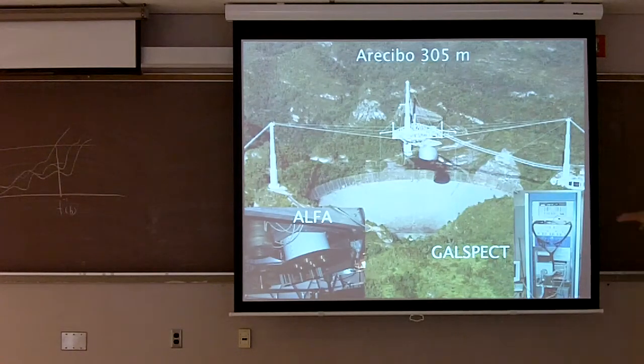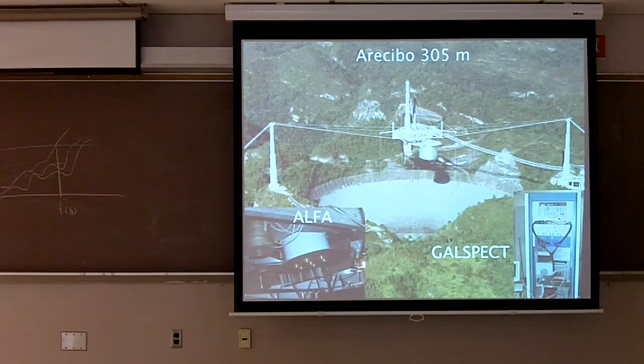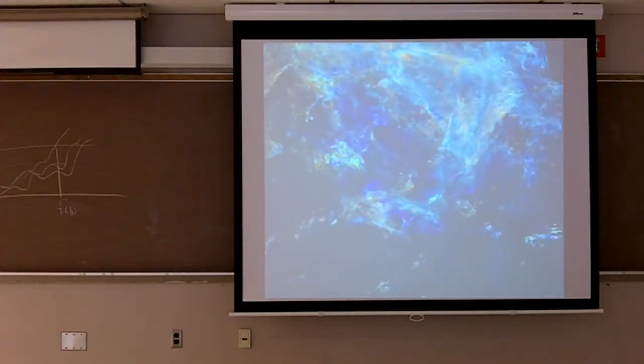And what we've added to this is our own custom-built spectrometer that can take 8,000 channels of data simultaneously for 2 polarizations over 7 beams. So this thing is able to scan the sky quite quickly and take an integration every second. What I'm going to show you is some of these data cubes.